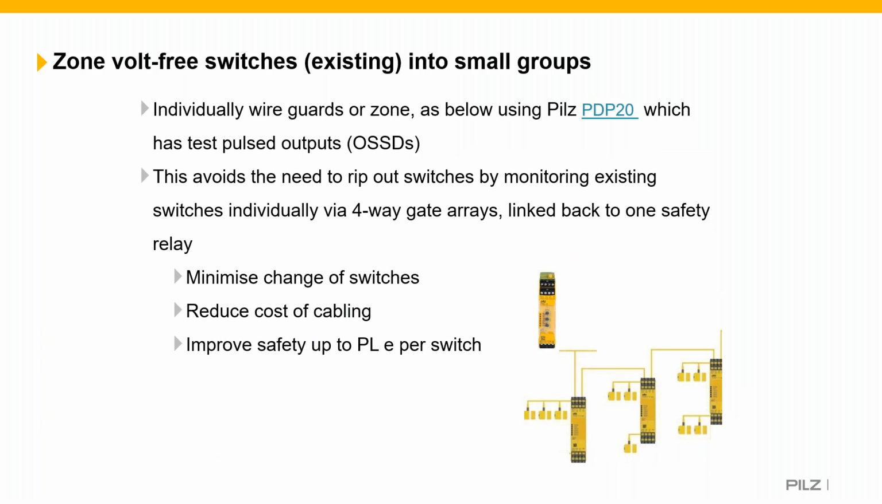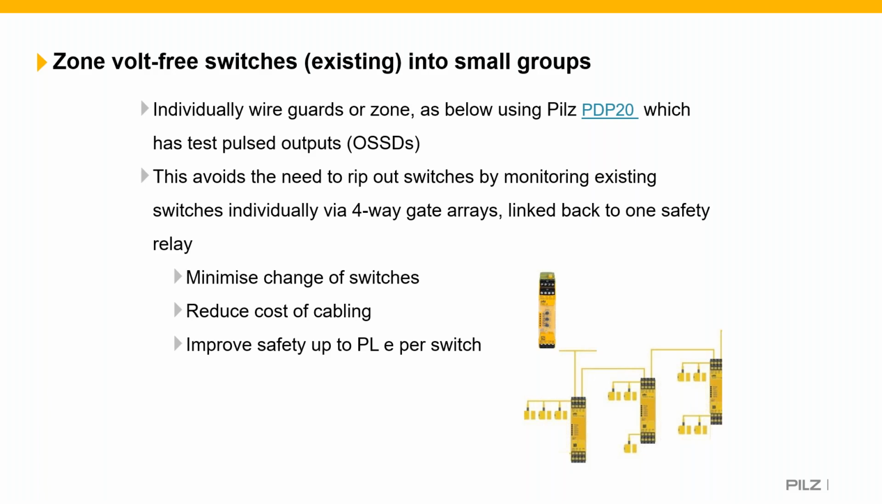We can also do volt-free switches, which are existing, into small groups. So for individually wired guards or zones as below, we can use our Pilz PDP-20 unit, which has test pulse outputs, OSSDs, so they're output signal switching devices. This avoids the need to rip out switches by monitoring existing switches individually via a four-way gate array, and